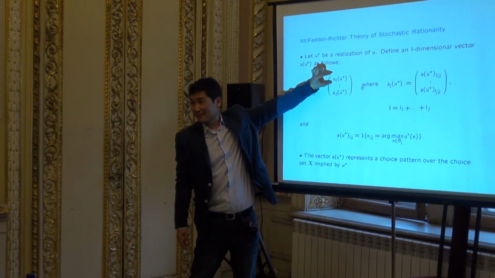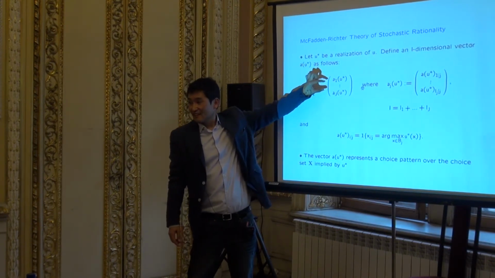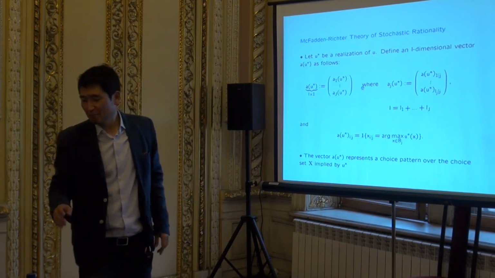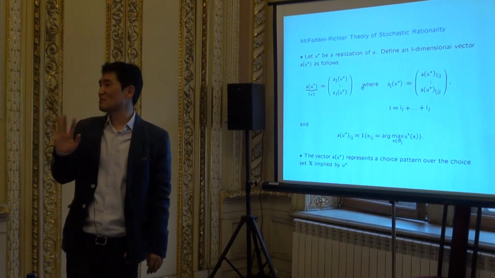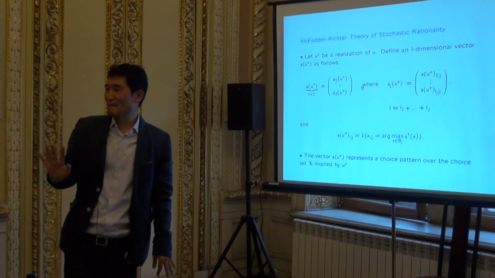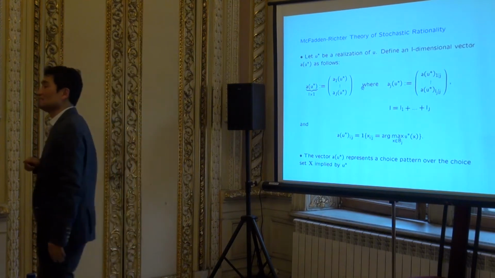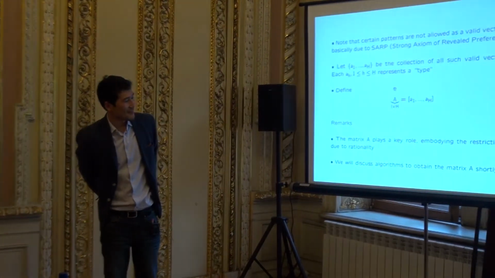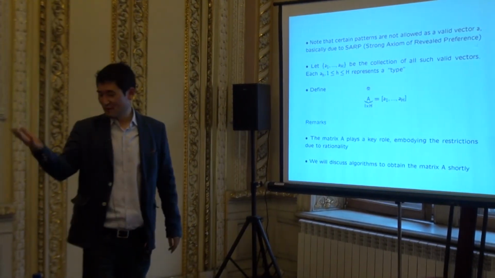So this is a choice pattern for red budget, green budget, and so on. Lots of things are just pure notation. Is it correct that the summation of components equals exactly J? Wonderful. So I know you are with me. All right, so that's how it goes. I'm sure everybody is with me.